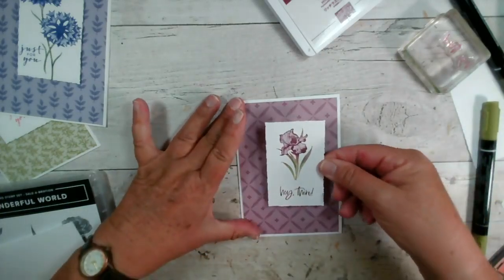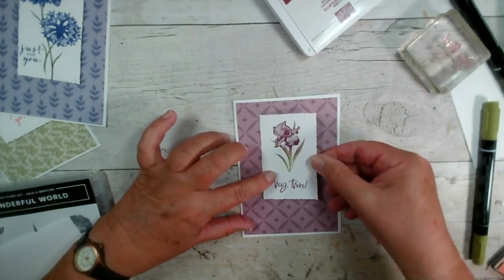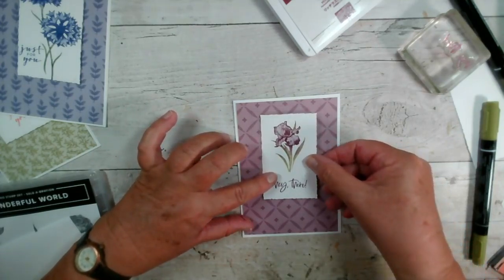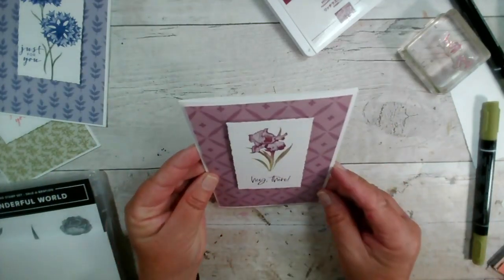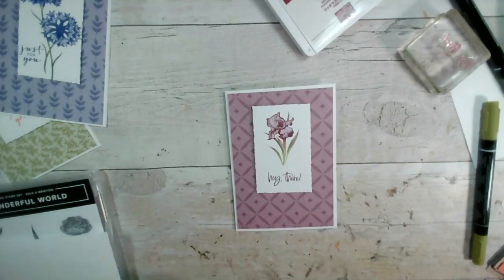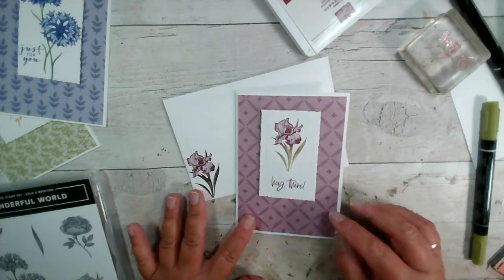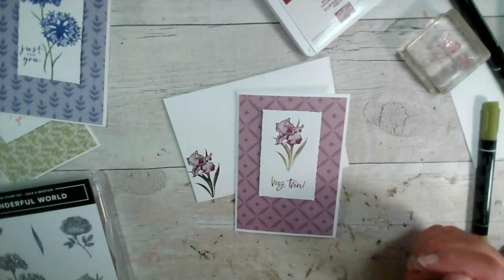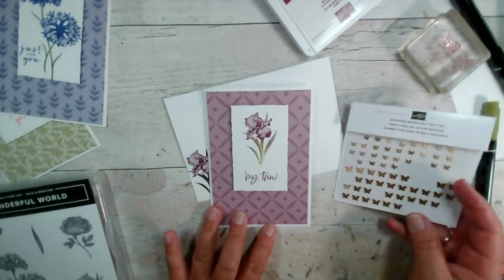There we are. So I'm going to put this up like so. I think it's straight. Quite difficult to tell with those deckled edges. And then I think I might add just a couple of, or maybe just one, I don't know,